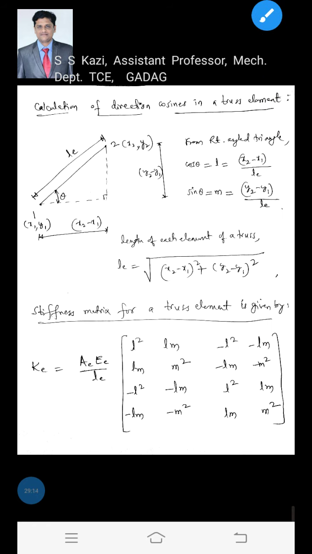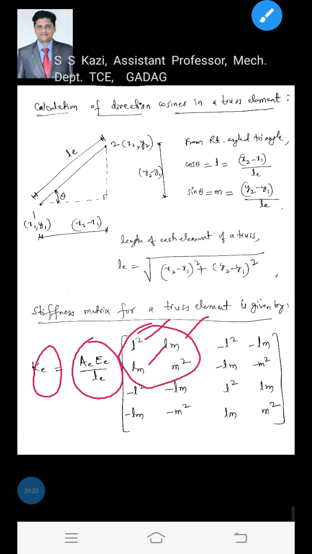Okay, how to remember this matrix formula? AE by L common outside, you should know. First you remember this term L square, LM, m square. These are the direction cosines. What are L and M? L and M are the direction cosines. Okay, L square, LM, m square, and